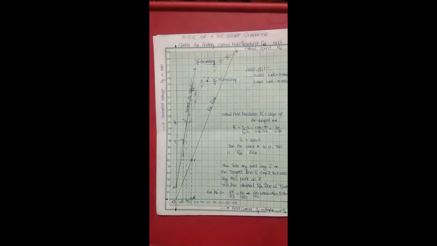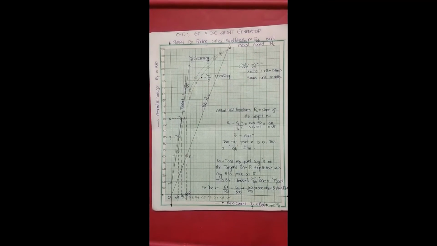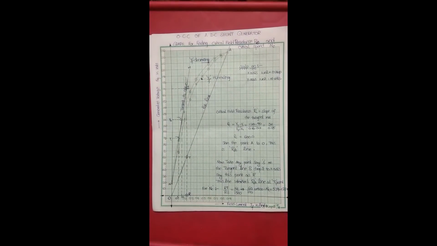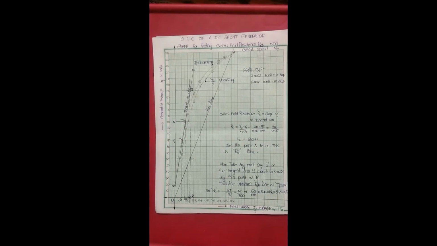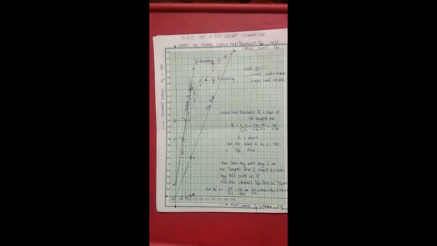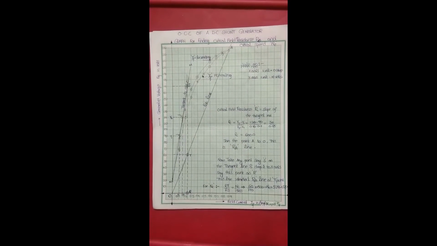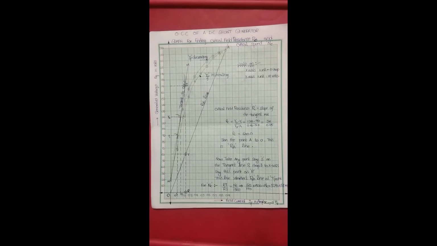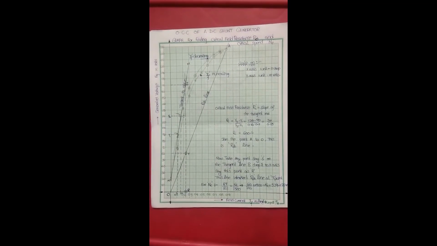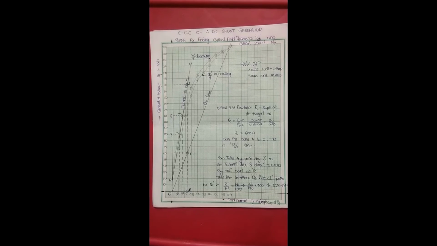After that, we are going to calculate the critical resistance. The critical field resistance is the slope of the tangent line, that is y2 minus y1 by x2 minus x1. Take 2 points on the line MN and project them to the y-axis as y2, y1 and onto the x-axis as x2, x1, and calculate the slope, y2 minus y1 by x2 minus x1. So 120 minus 90 by 0.16 minus 0.11. When I simplified this, I obtained 600 ohms.